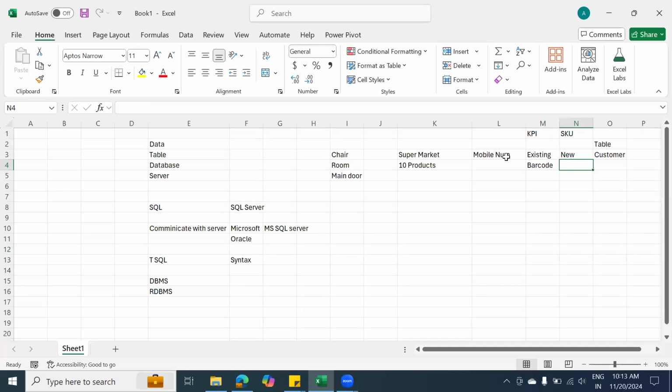Especially in a scenario like MedPlus, they need to share the batch code, the medicine expiry date and the manufacturing date, along with the price. So under the barcode, all these details are stored for each pack, guys. That's the reason.